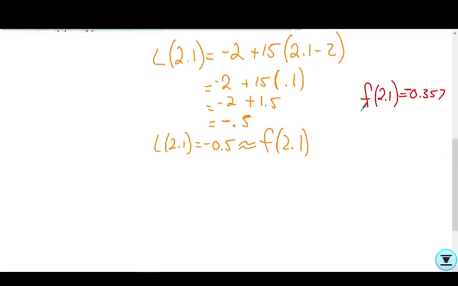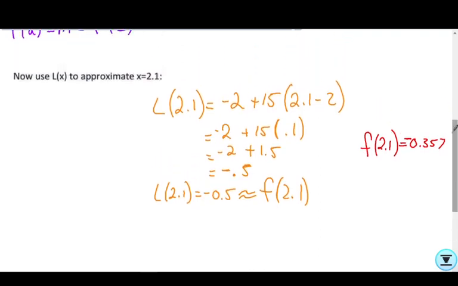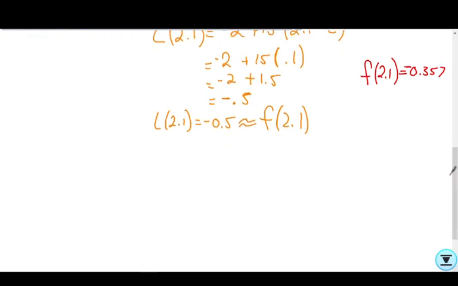Now, here's the other thing. The farther we get away from where we linearized, the worse it gets. At 2.1, that's pretty close to 2. But if we got closer to 2, say, what is L at 2.01? If we plugged in 2.01, we'd get negative 1.85,